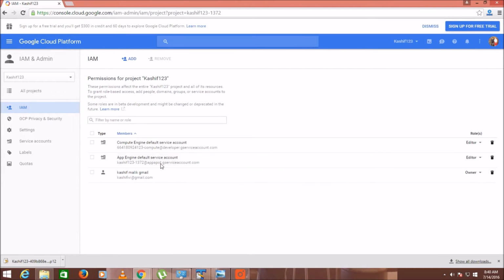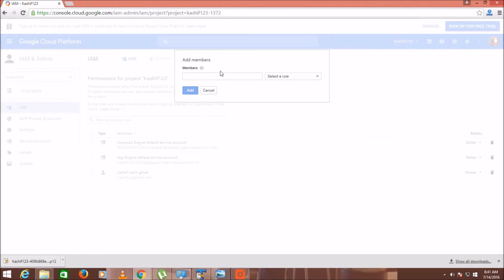From here you can assign permission to your co-worker or the employee of your company, and you can assign a role. If he is an owner, he will have the same privileges which you have. If he is an editor, he can create the new data sets and delete the tables, but not the data sets.